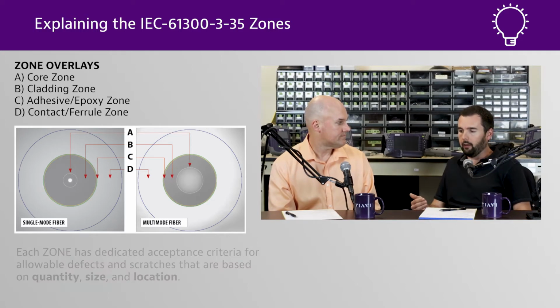Now, I've got to hand it to the IEC. When they first developed this, it was primarily established for manufacturers of cable assemblies to have a good benchmark to evaluate their product when it was leaving their facilities. But it's really become adopted now. We're seeing it in TIA 568 standards, and you see a lot of other industries adopting much of the criteria, especially the pass-fail, the amount of defects, whether permanent or removable, into other standards.